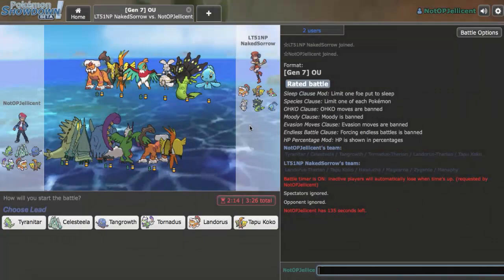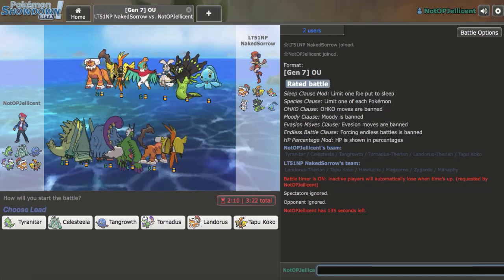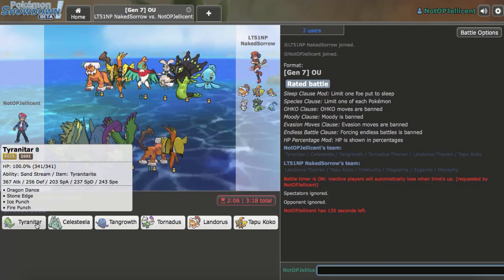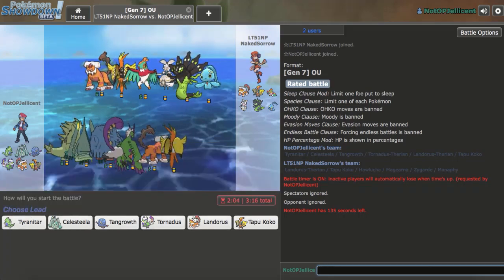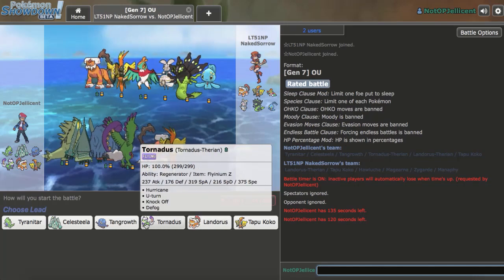Alright, we got another game right here. I fixed my Tangrowth. Apparently we were running Chlorophyll, but got to keep Tapu Koko healthy for the Koko Lucha. Manaphy is just a giant threat to my team. The Z Tail Glow set's just going to mess me up. Yeah, that's going to probably win. We got to play around that smartly, but I'll go ahead and lead off here with my...